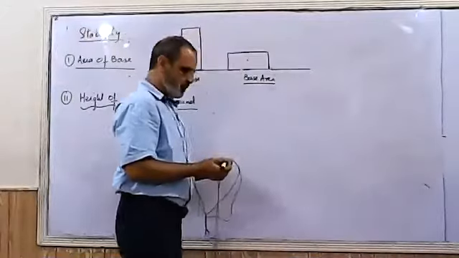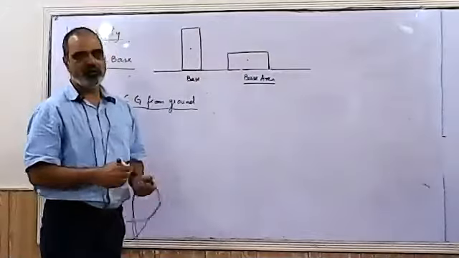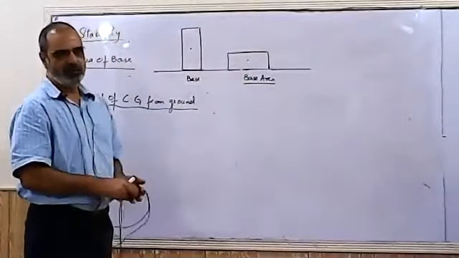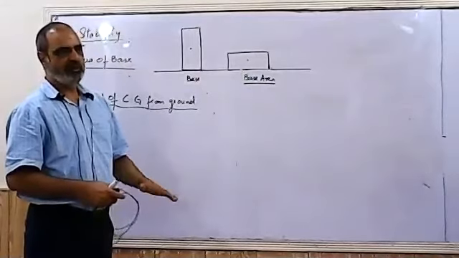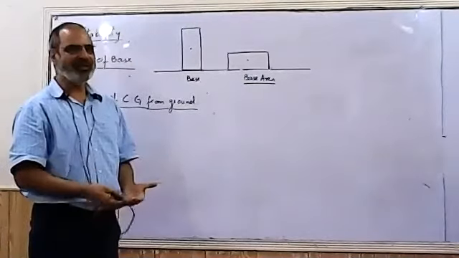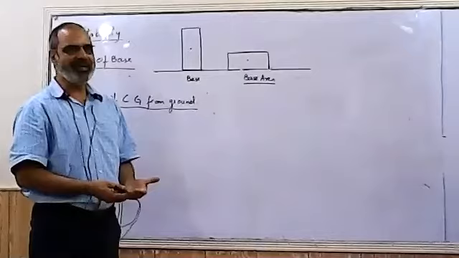You have seen the sports car. To increase the stability of a sports car, we make them lower. They are very low to the ground. So what the designers are doing, they are lowering their center of gravity as low as possible. And secondly, they are wide. So they increase the base area to make them more stable.